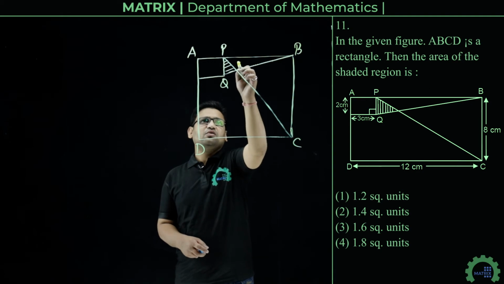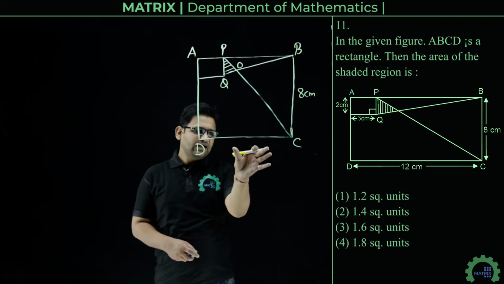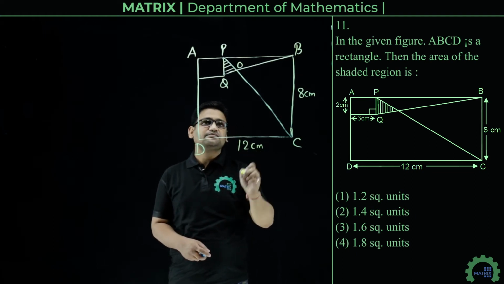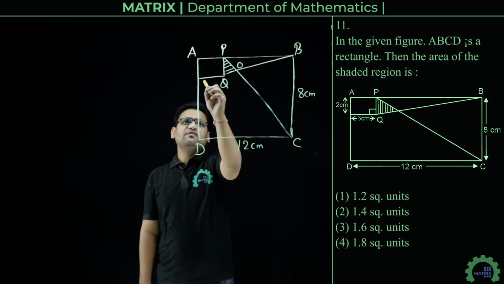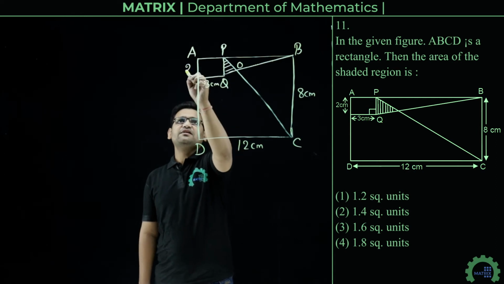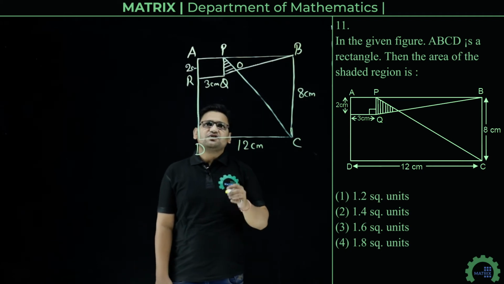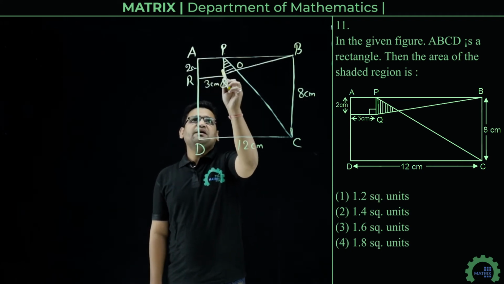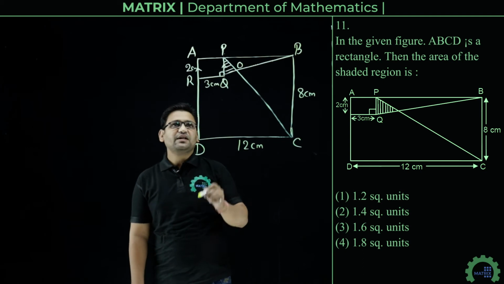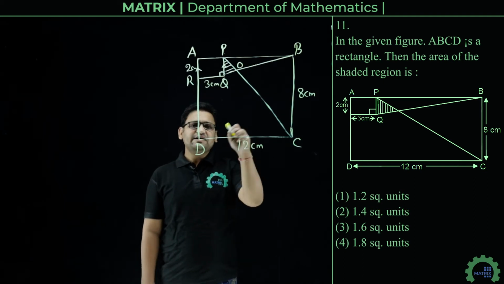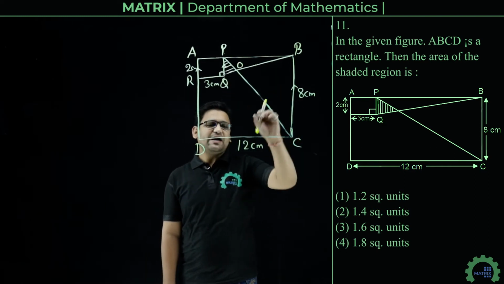Let's say this point is O and the dimensions are given as this is 8 cm and this length CD is 12 cm. Now another dimensions are given, that is 3 cm and that one is 2 cm. Let's say this is point R. First of all, we know that ARQP is given a rectangle. So this line AR is parallel to PQ. Similarly, ABCD is a rectangle, so line AD is parallel to BC. So we can write that PQ is parallel to BC.